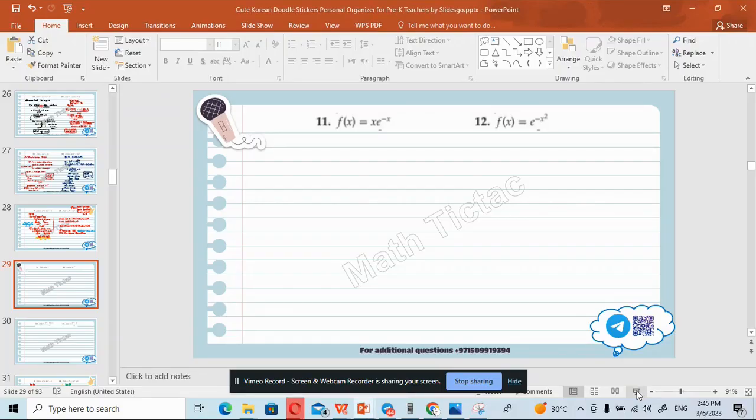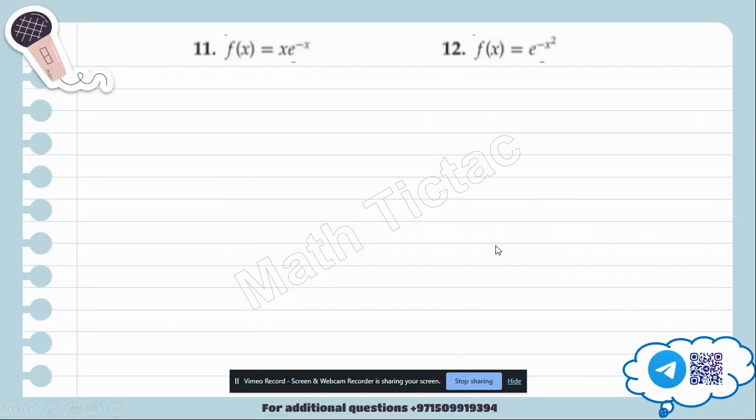Okay, so let's see if we have an exponential function, how we can solve this question. So let's talk about question 12. Okay, so let's solve question 12. Now for the domain, this is equal to 1 over e to the power x squared,